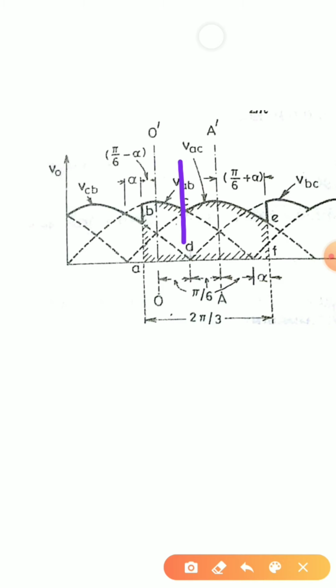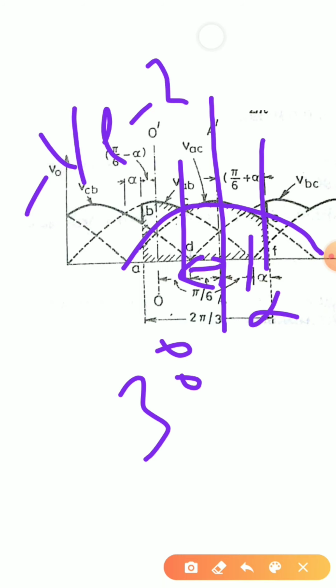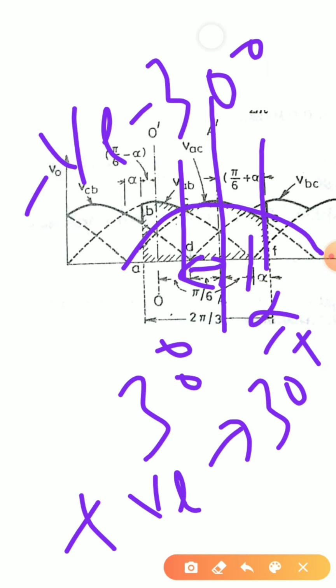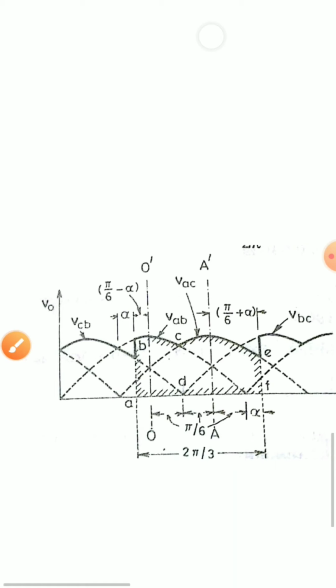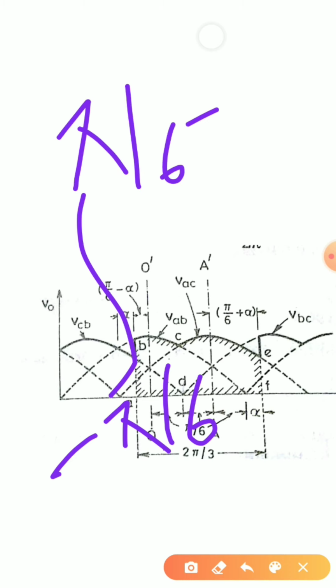The second limit that I am going to take is, I will be considering this waveform. Now this is a full wave and this is the 90 degree that I am having. So here it is going 30 degree, completely 30 degree it is going, and here also it is going 30 degree, but a component of alpha is also added. So in the negative direction I am going 30 degree, and in the positive direction I am going 30 degree plus alpha. The second limit that I am taking is minus pi by 6, because I am going 30 degree in the negative direction, and in the positive direction I am going 30 degree plus alpha. So therefore I will be writing pi by 6 plus alpha.